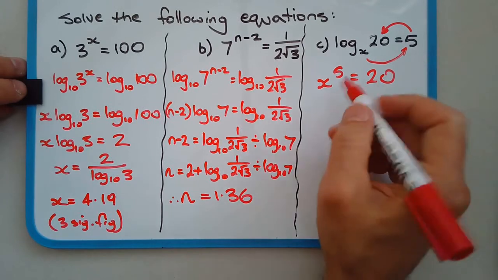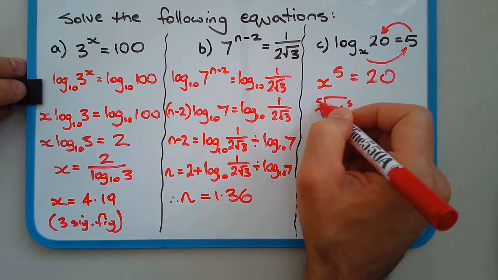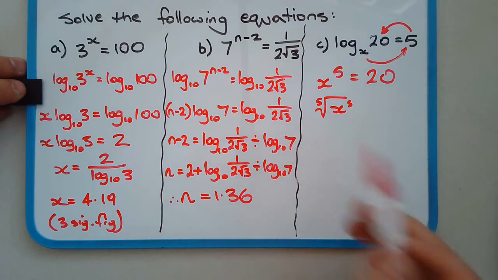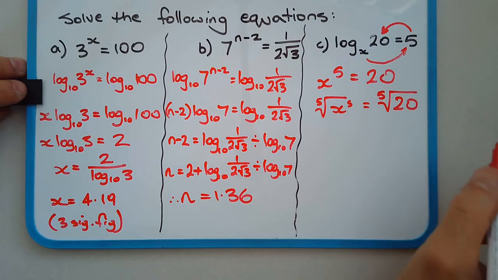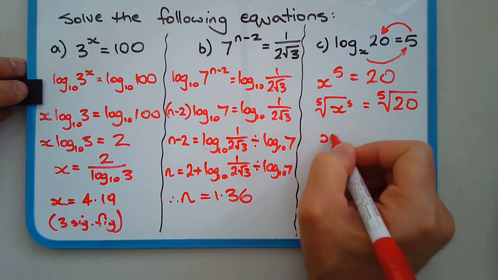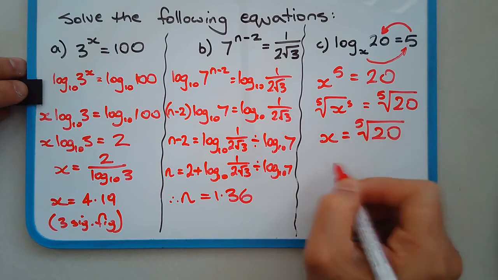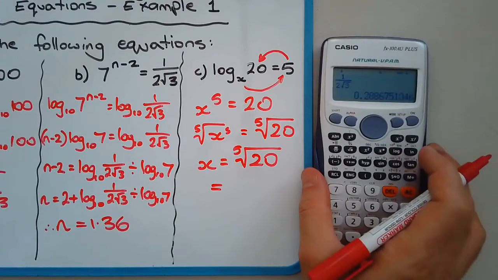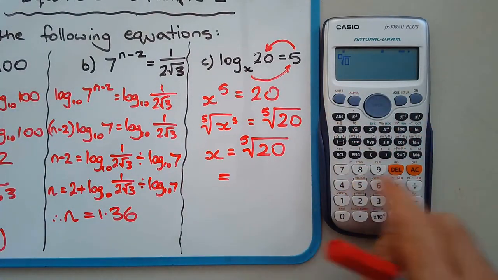So what we're going to do is take something called the fifth root. It's a square root with a little 5, equal to the fifth root of 20. So the fifth root and the power of 5 cancel, so we have x is equal to the fifth root of 20, and that's going to be roughly equal to, shift, and so we press this key here,